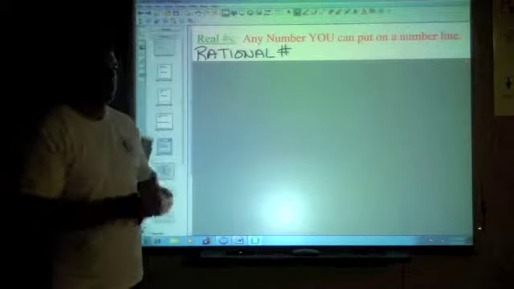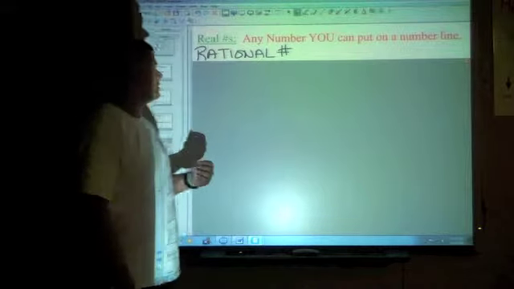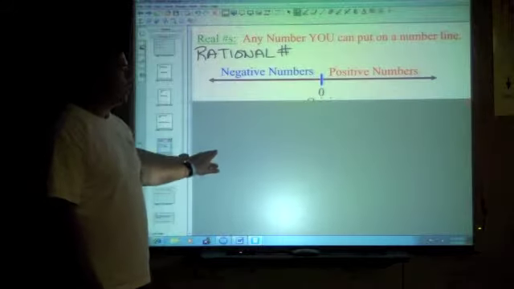So it's irrational. We would not be able to find an exact location on a number line where it goes. We could only approximate it. Generally, we approximate pi to be 3.14. So on a number line,